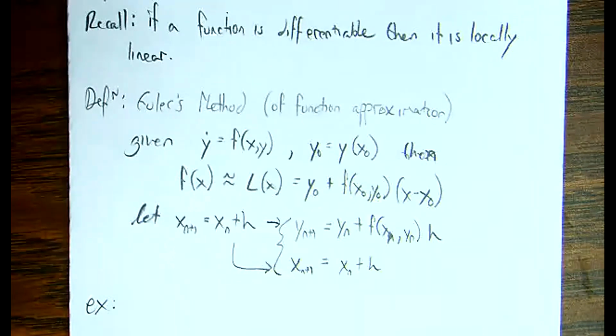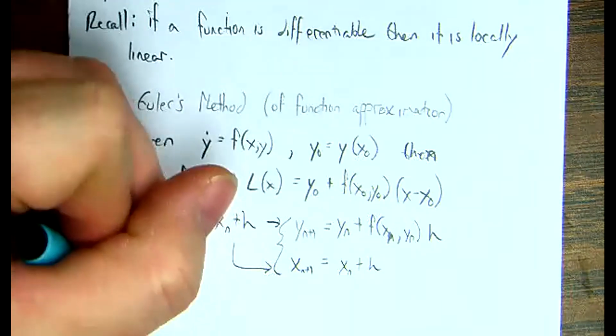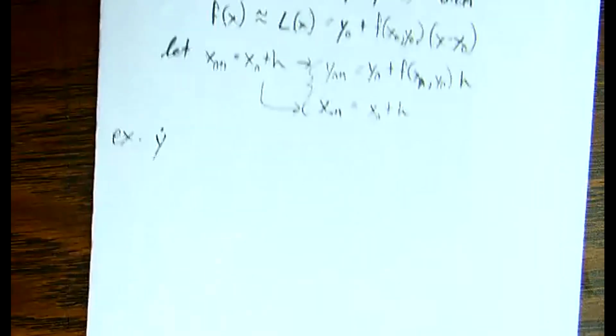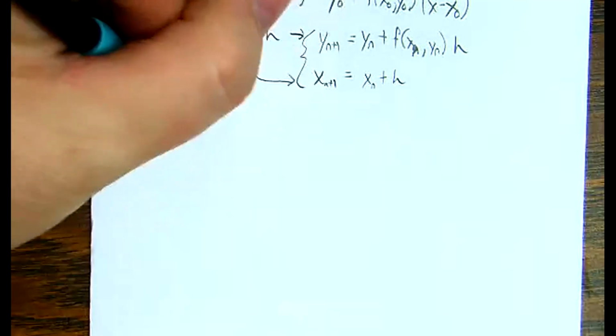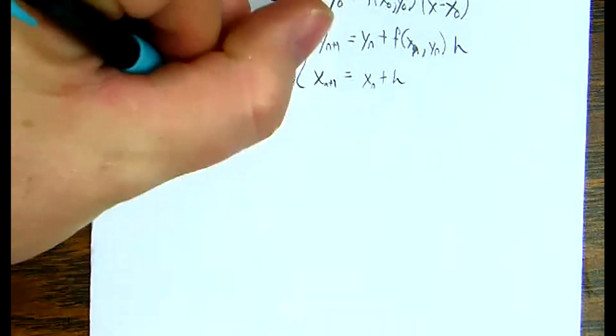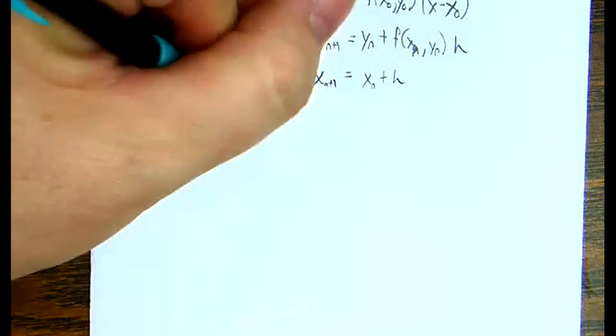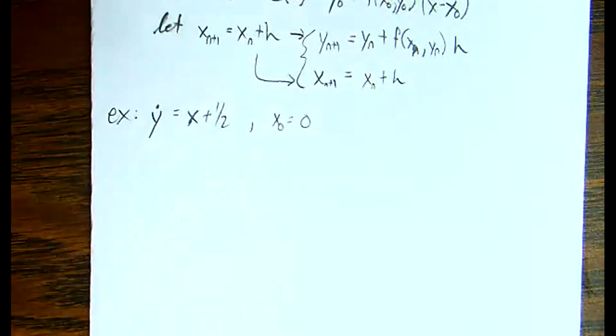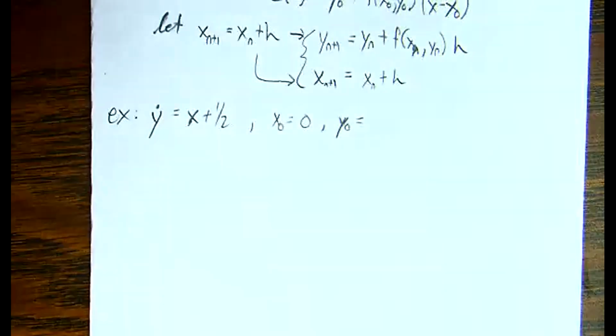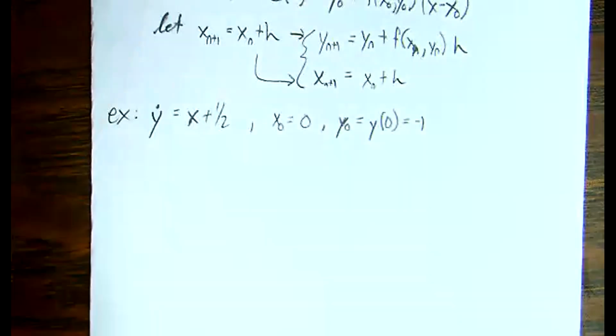For example, if I tell you I have a function whose derivative is equal to the x value plus 1/2, and I'm starting at an x value of 0, and my function starts at a y value of -1,